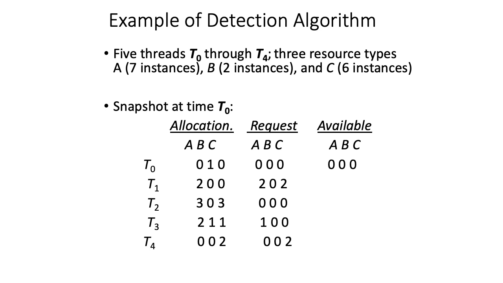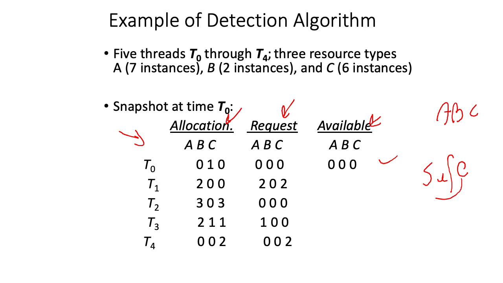We assume that we have initially A, B, C resources, and these are the different threads and their corresponding allocation as well as the requests and the total available in the system, which is at this point 0, 0, 0, and we're trying to detect the state of the system. Okay,